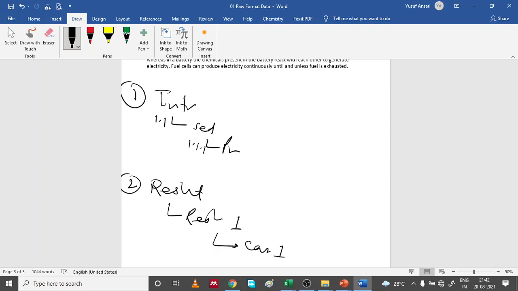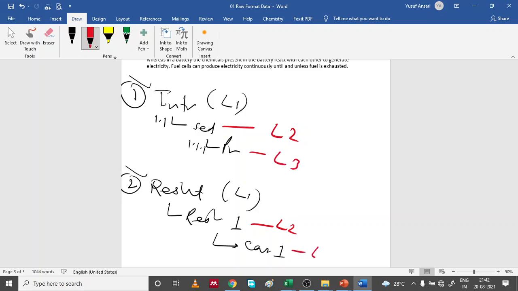So main heading 1 is introduction, main heading is result. This is a level 1 heading, this is a level 1 heading, this is a level 2 heading, this is a level 2 heading, this is a level 3 heading, this is a level 3 heading. In short, all these are the different levels of the heading.